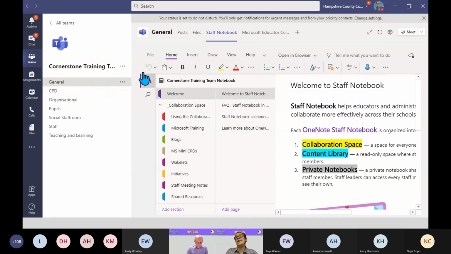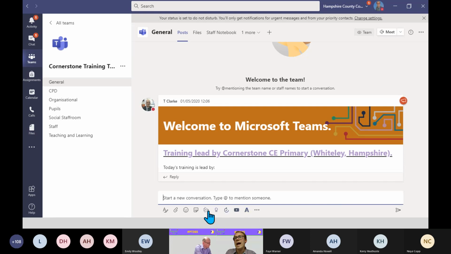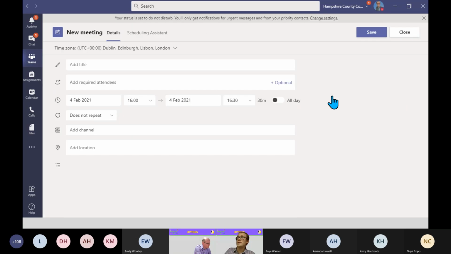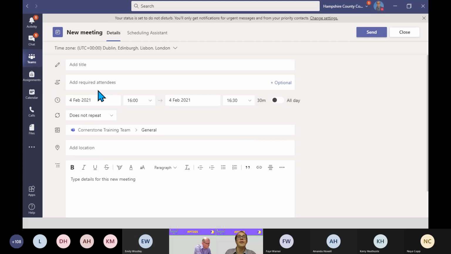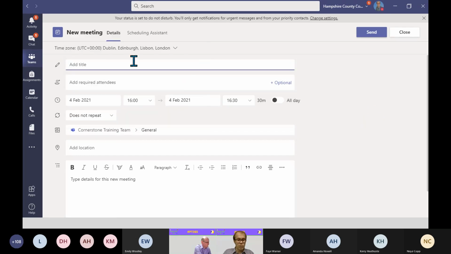Finally, really easily, you can schedule a meeting. So you can schedule a meeting in any one of these channels. For example, if you wanted a meeting in here, we can start a new conversation, or we can create a meeting and schedule a meeting. This will give you a number of different options. So we can either invite the different attendees that we would like as part of it, or we can post it, and if it was for all staff, we can make it so if I wanted to post it for all,